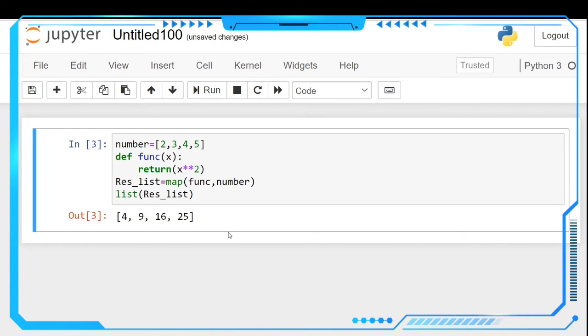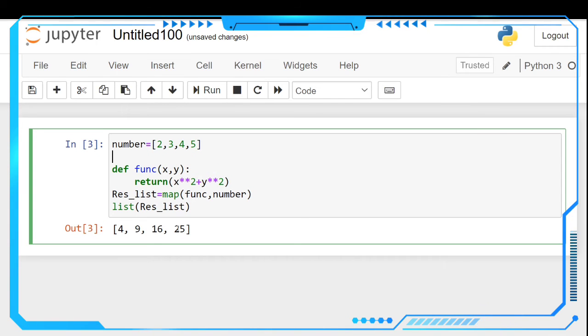If you want to pass two or more arguments in the function, like x comma y, you have to return x square plus y square. Then we define another number list, number 1 list, which is 3, 4, 5, 6, and we pass this in the map function.